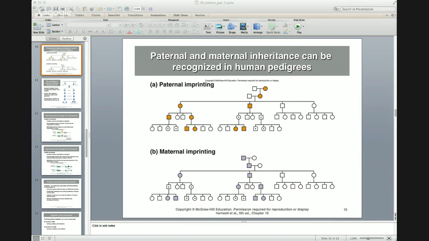Okay, let's move on. Here's an example of genomic imprinting in human diseases. These are two examples, and it's actually quite interesting. These two syndromes, one is known as Prader-Willi syndrome, and the other is called Angelman syndrome. Both of these lead to mental retardation and a whole host of developmental disorders. So what's the mechanism behind these two? This is, again, an example of genomic imprinting in humans.